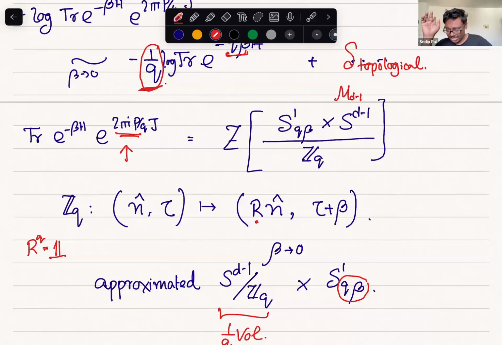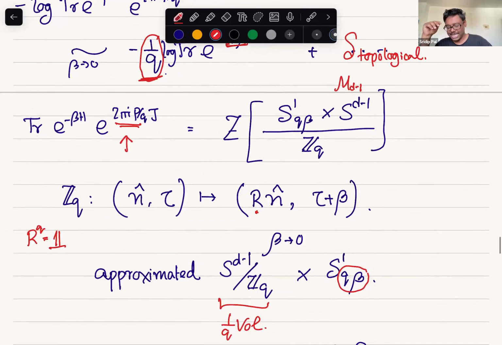But there is some subtlety in the holographic case. In AdS3, for example, it is fine because this quotient is smooth; there is no fixed point. But in higher dimensions, for example, if you do it on S2 times S1, then the North Pole and South Pole are the fixed points. So when you go to the tip of the cigar in the bulk, that creates a singularity.